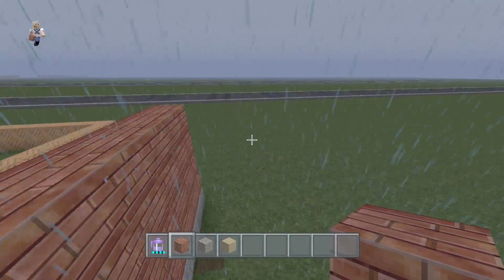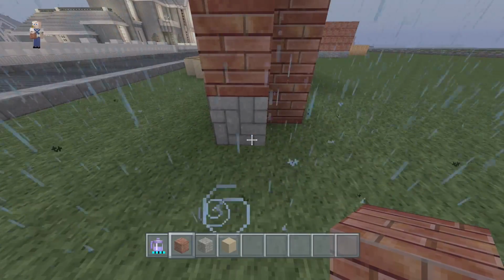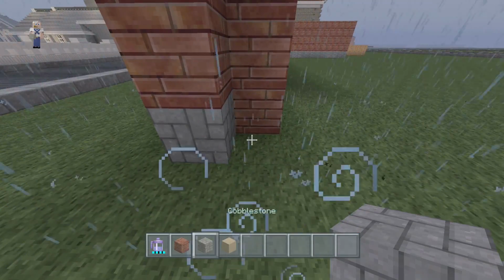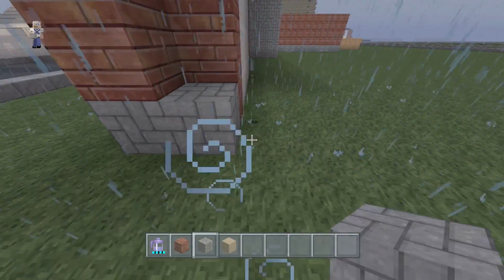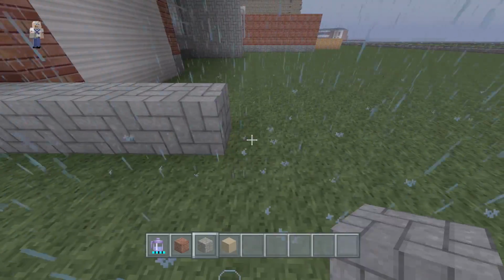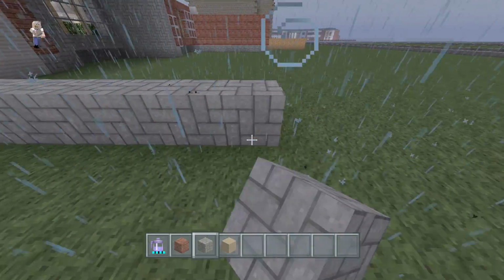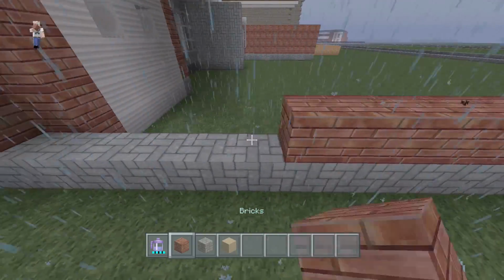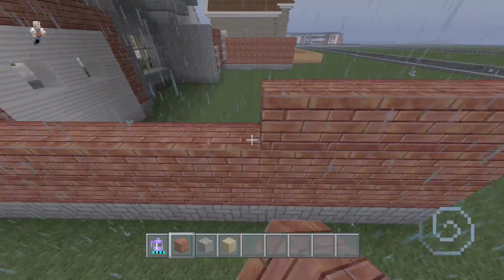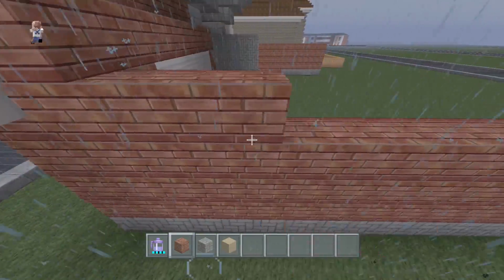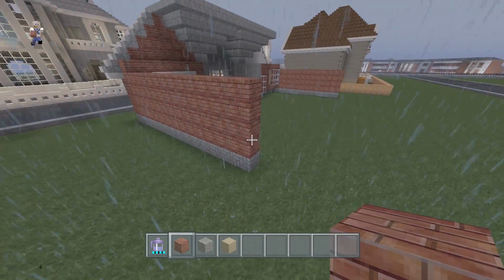Okay. So what we're going to do, we're going to come over to the garage side. And we're going to count back with our cobblestone. I forgot how much this one was, but I did have it laid out. So we're going to count back 2, 3, 4, 5, 6, 7, 8, 9, 10, 11, 12, 13, 14, 15. So we're just going to expand this up. Again, there's not going to be any windows or anything on this wall either. We're just going to have a plain solid wall until we get to the back. The back's going to be where we start to change things up.